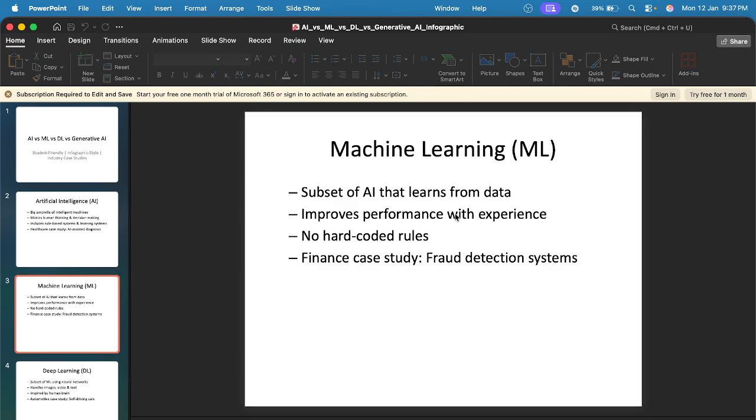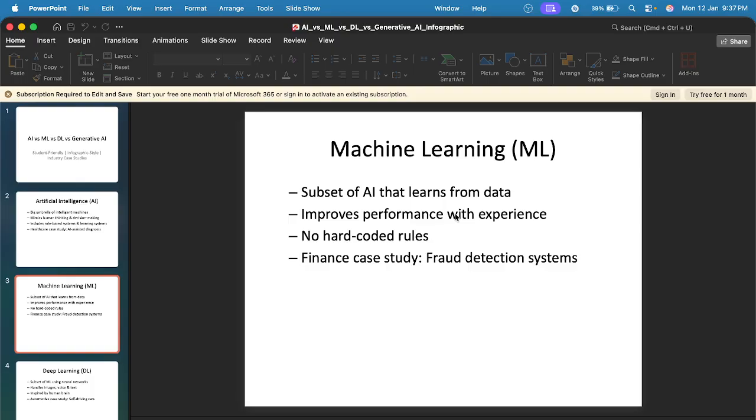Why should students learn this? This is in high demand across all industries. These are core skills for AI, data science, and cybersecurity. Generative AI is the fastest growing field, like ChatGPT, Grok, Google Gemini, and a lot of these types of things.